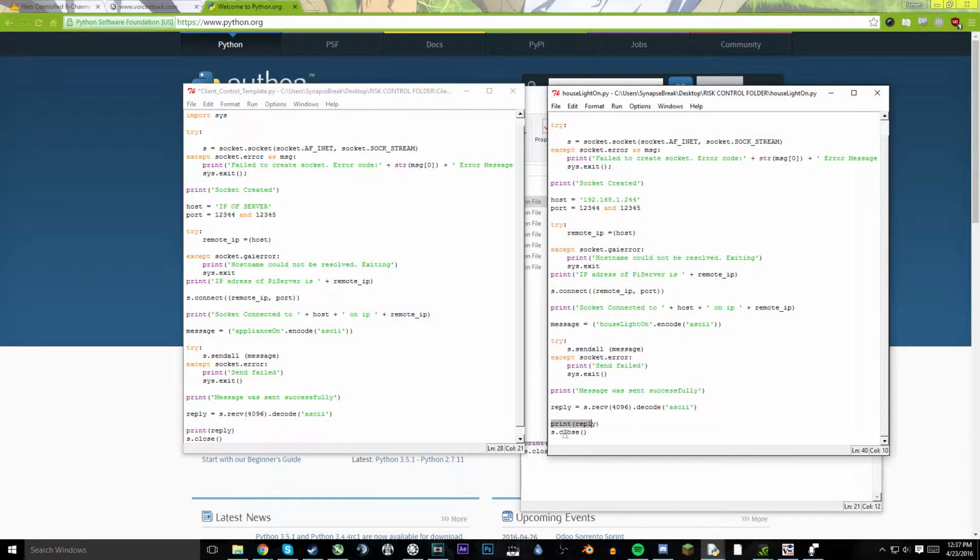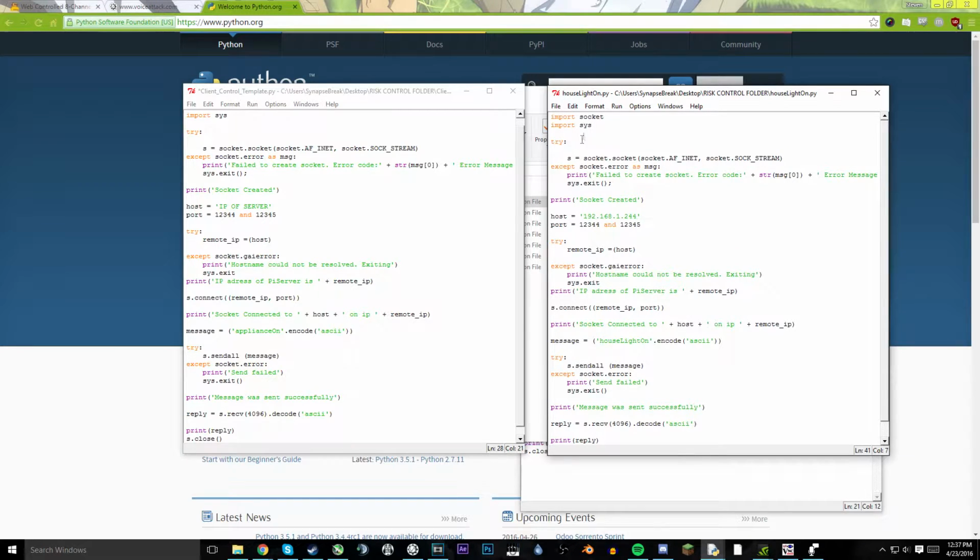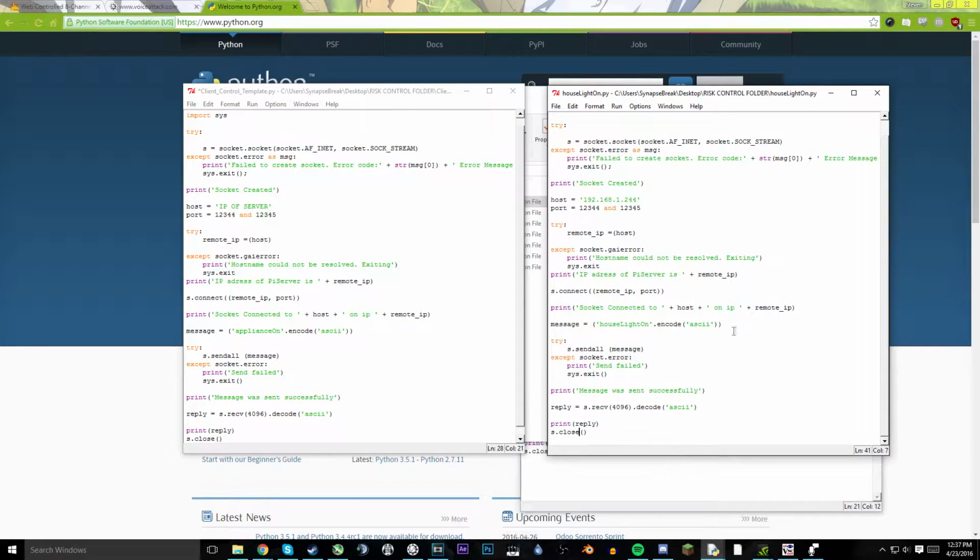And then it'll print the reply, and then it will close using the sys module thing. And that's basically it. It's a super simple script. And if I run it for you guys right here,